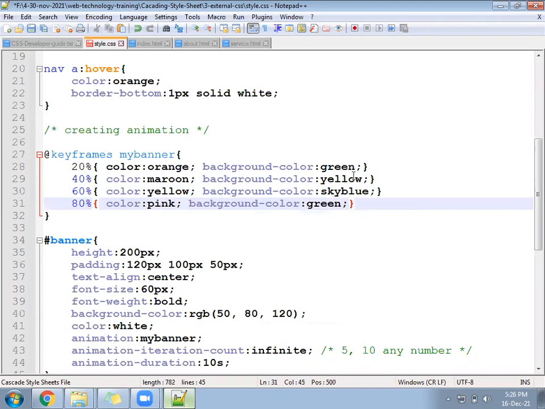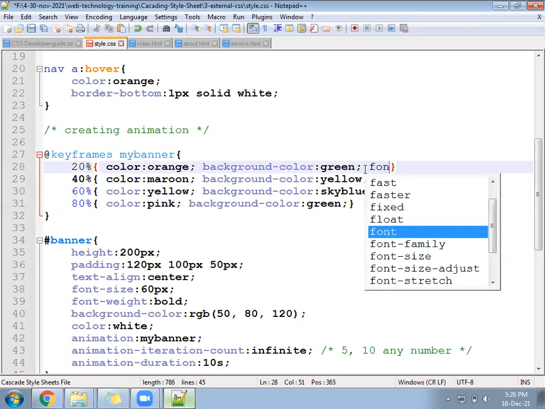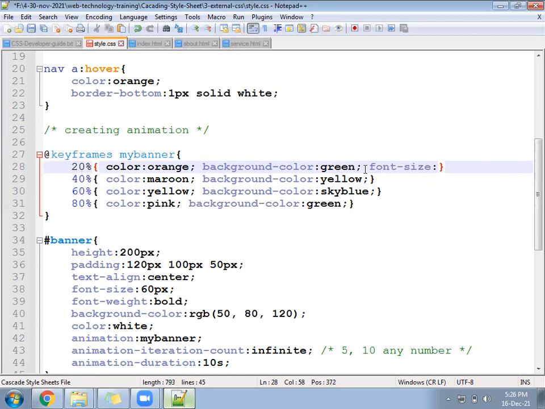Font size also do little increment decrement. Font hyphen size. By default we have 60 again. They start from 40, then 50, then 55.